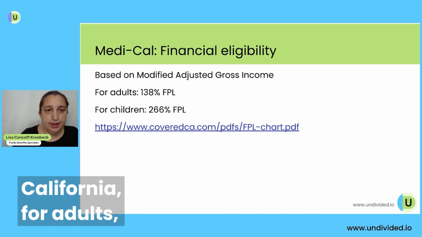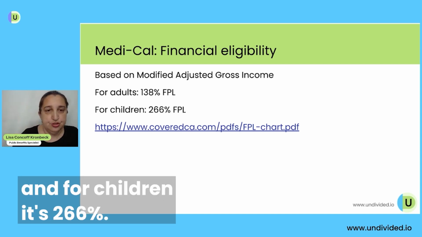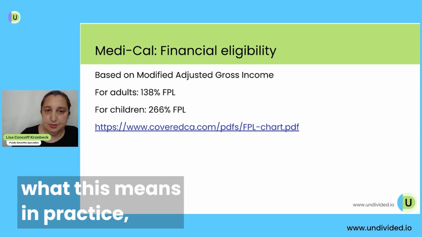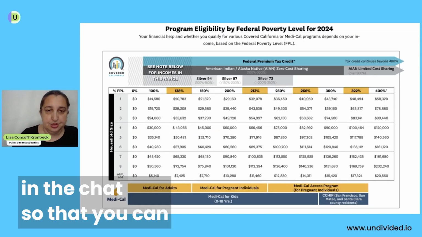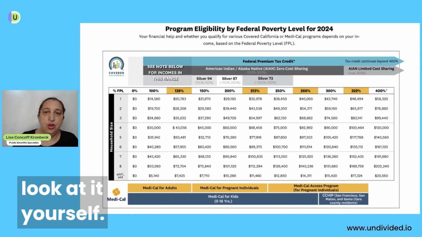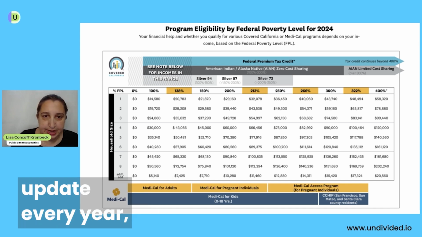So in California, for adults, it's 138% of the federal poverty level, and for children, it's 266%. And I'm going to show you what this means in practice. And I believe that they're going to put this link in the chat so that you can look at it yourself. The way to read this, and this is on the Covered California page and should update every year, is